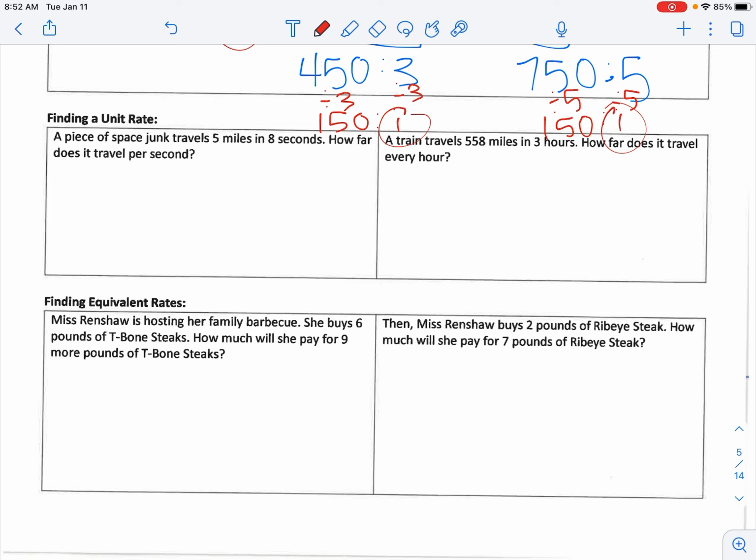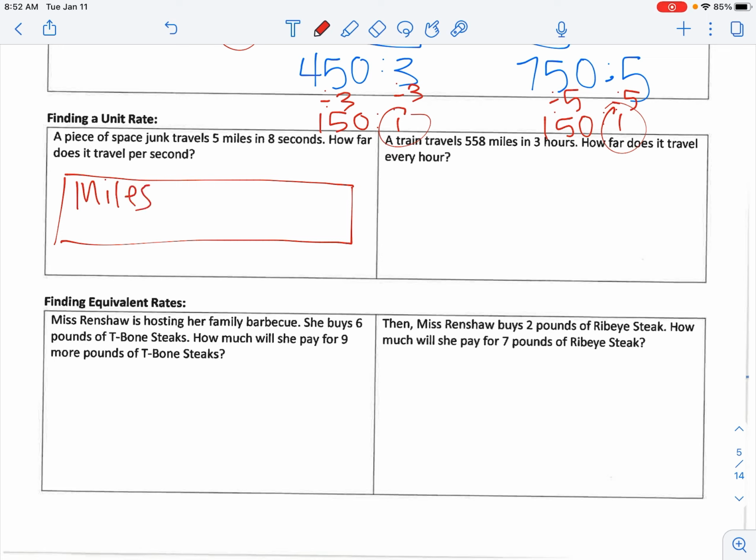So it says a piece of space junk travels 5 miles in 8 seconds. How far does it travel per second? So that per second, remember that's 1 second. That's why it's going to be a unit rate. So it says a piece of space junk travels 5 miles in 8 seconds. So we're going to create a table. You should remember how to do this from last class. So we're going to have